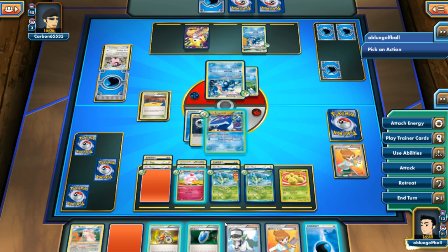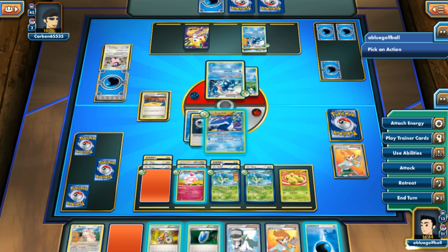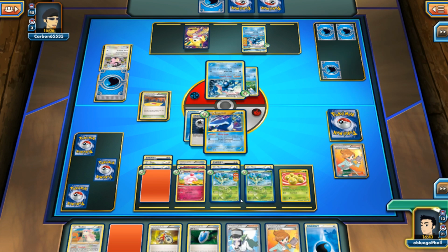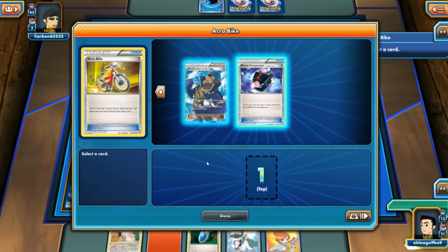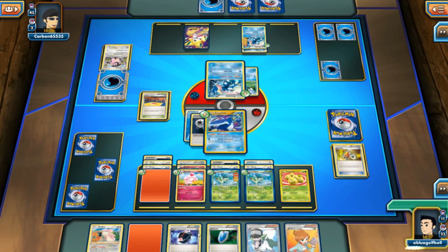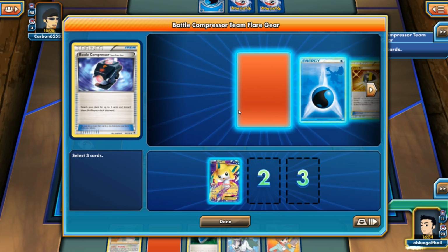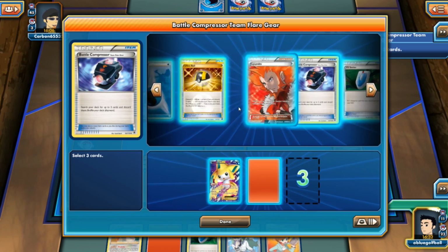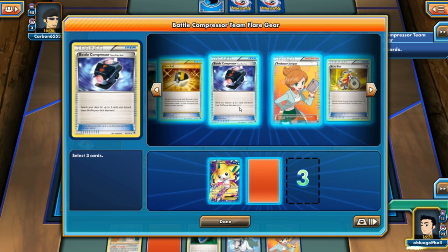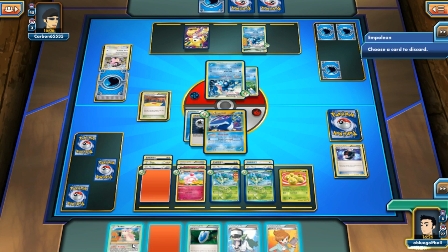And let's go with the Juniper. I'm going to go ahead and... let's just attach the energy here. Let's go with the Acro Bike, and I'm going to keep the Battle Compressor. Let's go and compress some more Pokemon. We don't need to see the Jirachi, and don't need to see the Flareon. Let's get rid of something else, maybe another Battle Compressor. Let's get rid of that. I'm going to go for the Diving Draw. I'll get rid of